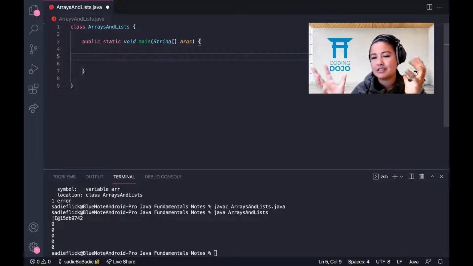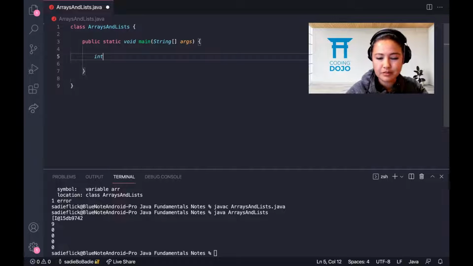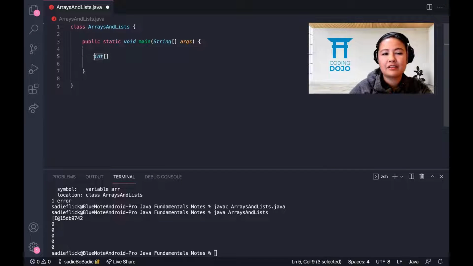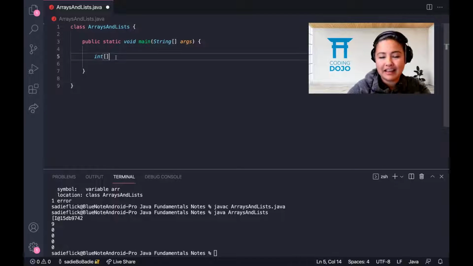Now it'll initialize it to some default value depending on what type the array is, but this is how you declare it. So let's make an array of integers of the primitive type int. You declare the type that the array will hold, and it will only ever hold that type. Then you put the brackets, and that indicates that it's going to be an array type. So int my array, and you can initialize it on the same line by saying new